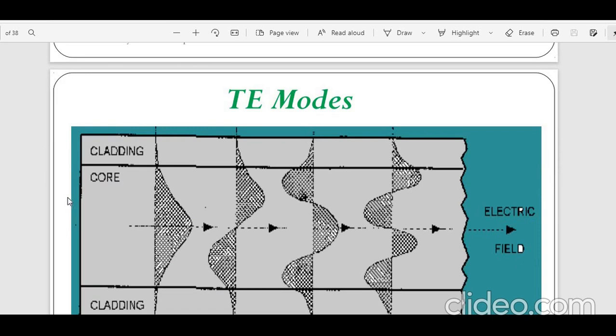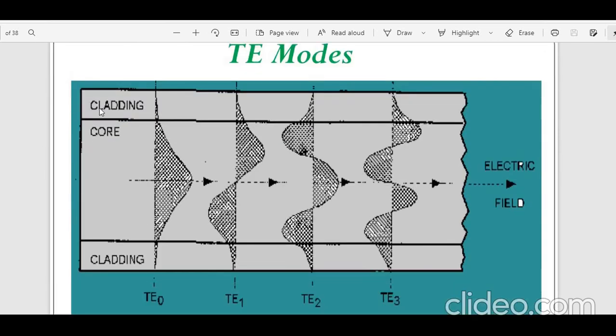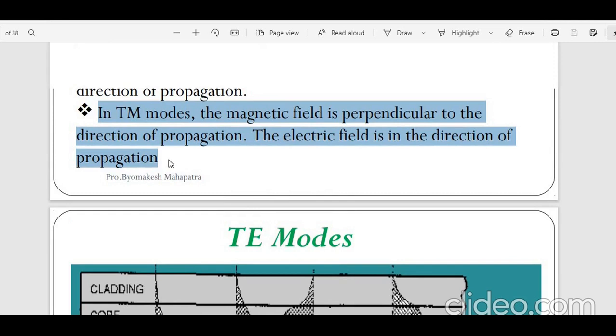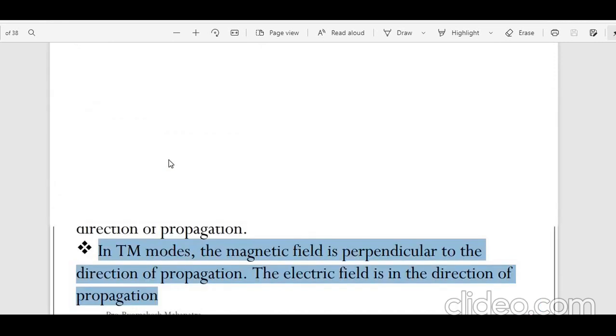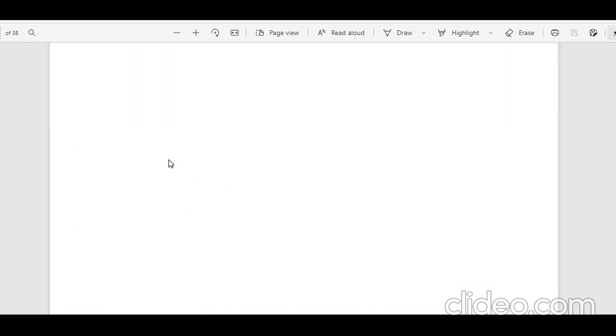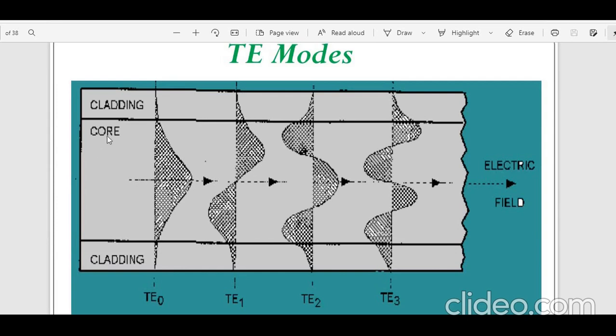As you can see here in TE mode, we are using a core and cladding. We are using different modes of TE, right? What is TE all about? This is the TE mode, in which we are completely concerned with the electric field components. As we see here, this is the core: the 0th mode, first mode, 2nd mode and 3rd mode. As the modes increase, at first only the major lobe is there. Here 2 lobes form because of the first mode, then TE2, TE3. Like that, the electric field components propagate in that particular direction.